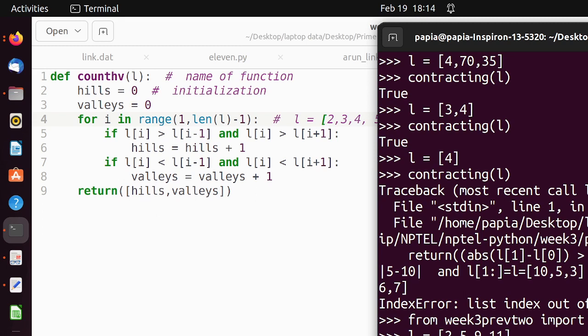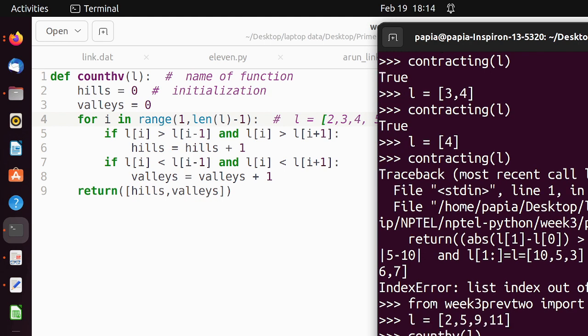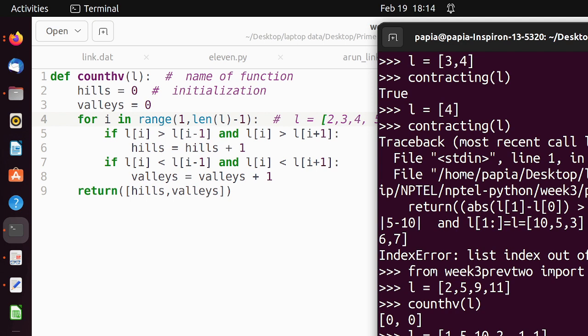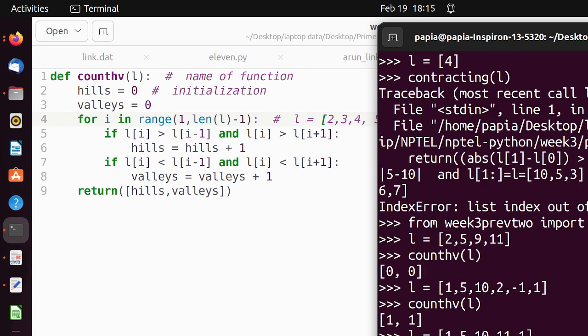11 after 13, ma'am. 1 hill, sir. 13. It will be like 1. Yes, ma'am. Now calculate. Okay, just a minute. Why is it like that? Oh yes, 5, yes, sorry. Obviously it should be 1. I made a mistake. It will be 1, so that 10 will be, see, 5 is not a hill, 10